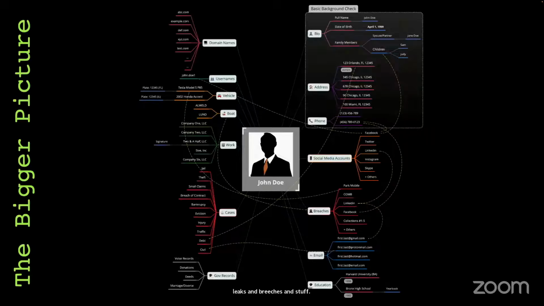So all of this is disparate. When I look at emails and education, I can find it in different areas. But I combine all of this and build a bigger picture like this, and then I start connecting the dots and verifying it. So you see all those yellow dashed lines. This is my methodology of verifying information, saying, oh, from the LinkedIn breach, I found this email address, and this email address was also found in some other online search, or this government record leaked his phone number, and the phone number caller ID was so on and so forth. So I connect those dots.